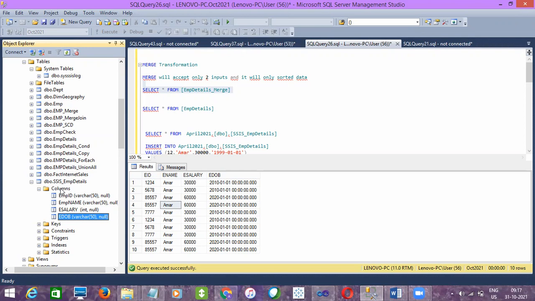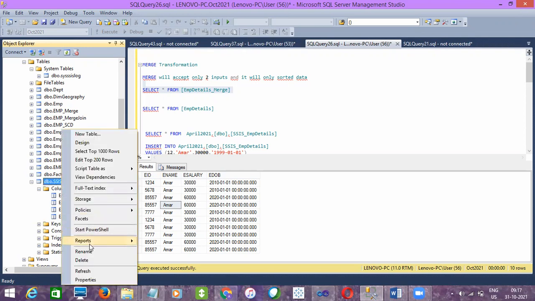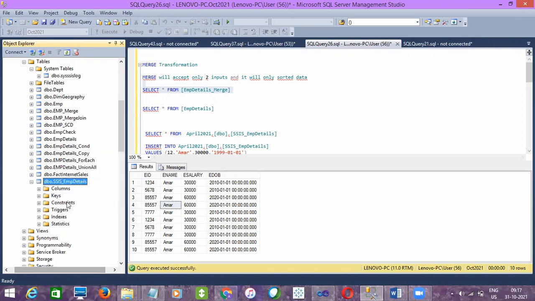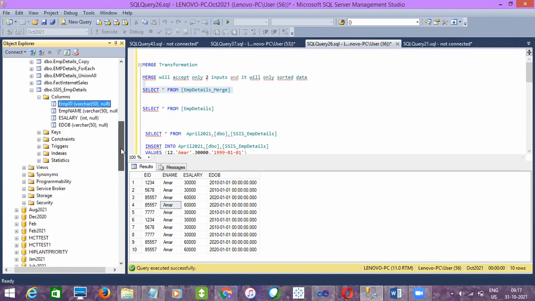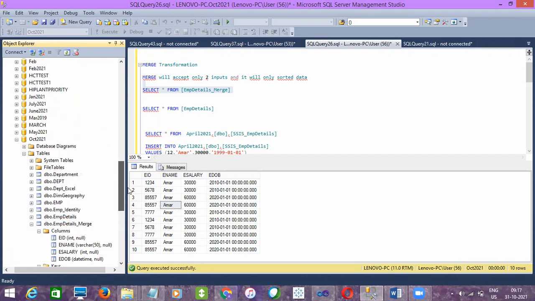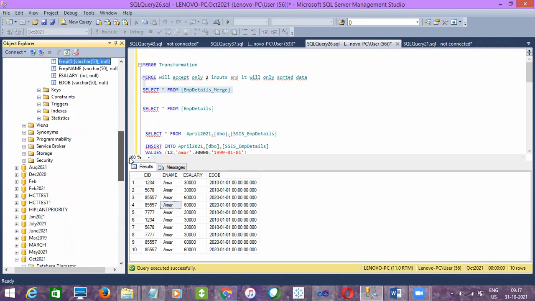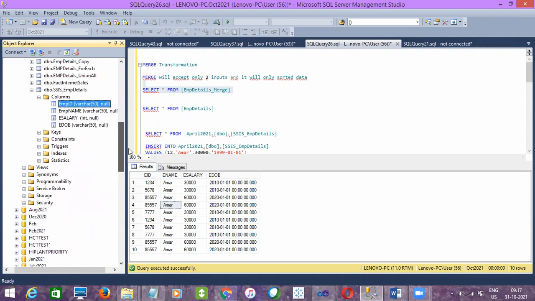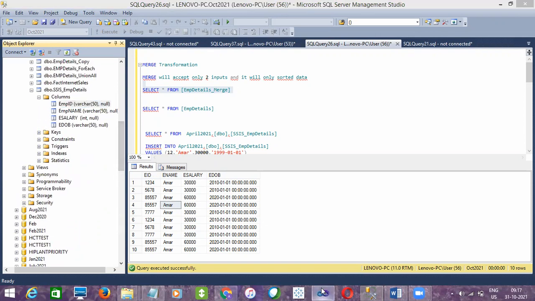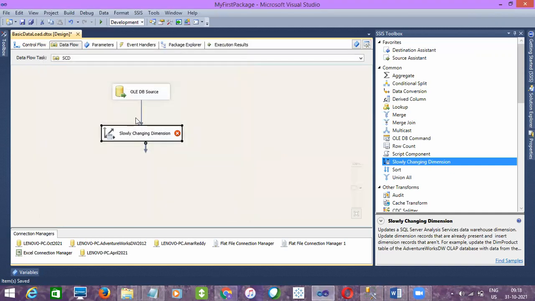It is varchar, right? So let us change it to date time. And employee ID also is varchar. Date time and then integer. Yeah. So before SCD, we have to use data conversion.